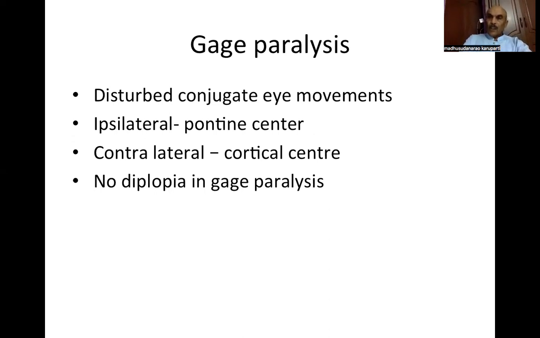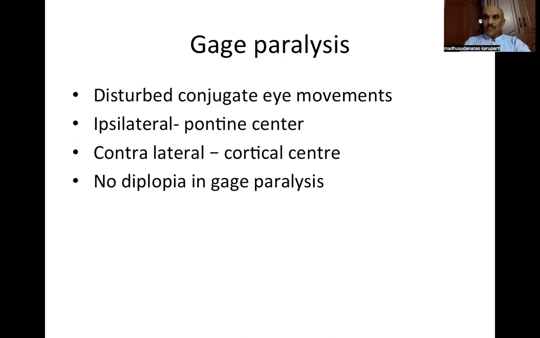It controls the contralateral conjugate eye movements. When the lesion involves the frontal eye field, it results in paralysis of the contralateral horizontal gaze, and the patient looks towards the side of the lesion because of the unopposed action of the opposite